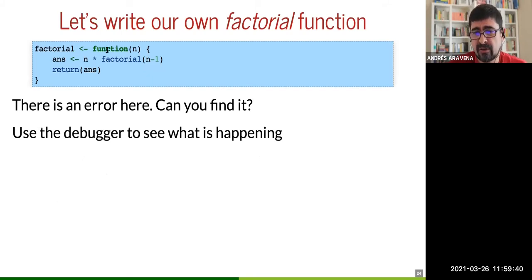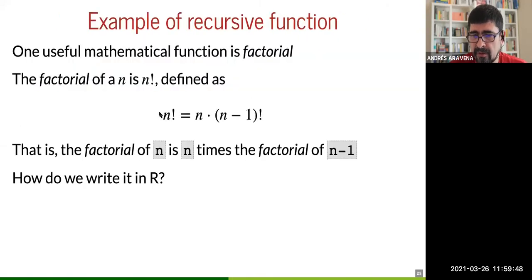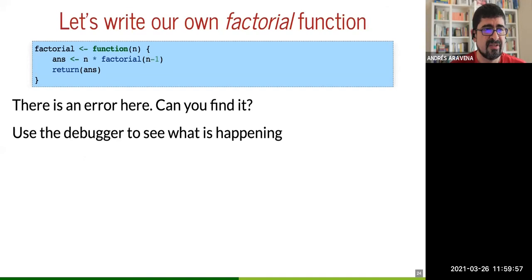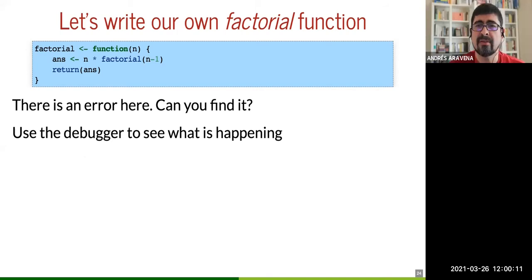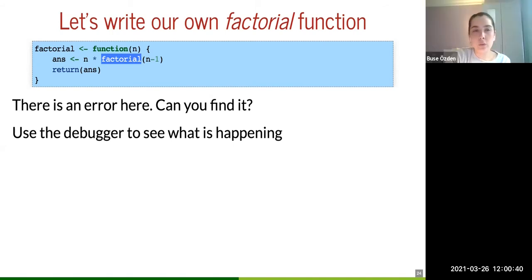We will say factorial is a function that takes a number, and the answer will be n multiplied by factorial of n minus 1. This is essentially this mathematical formula from here written in R language. Okay? Fine? Where does R know what factorial means? We're teaching it. Good question. How do you know? Because we're defining it here. We are teaching it using itself. Yeah, good question. So this is kind of a loop, right?